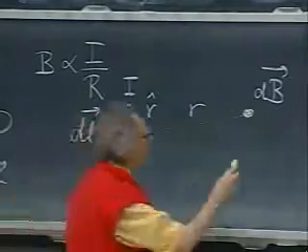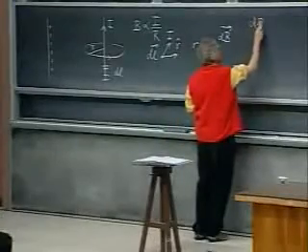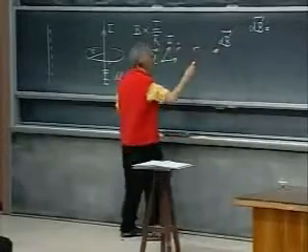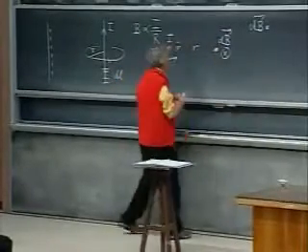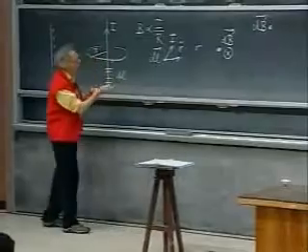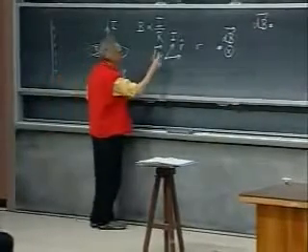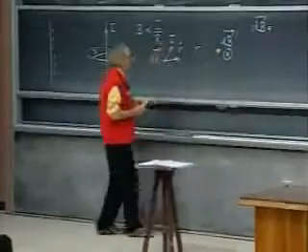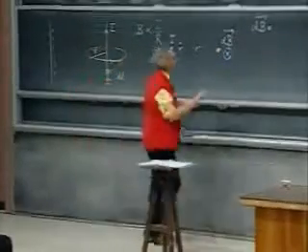Then the idea is that dB is a little bit of magnetic field. In this case, it would be into the blackboard because of the right-hand corkscrew rule. Current is in this direction, so this little element would contribute to a magnetic field in this direction, perpendicular to the blackboard. It's some constant,